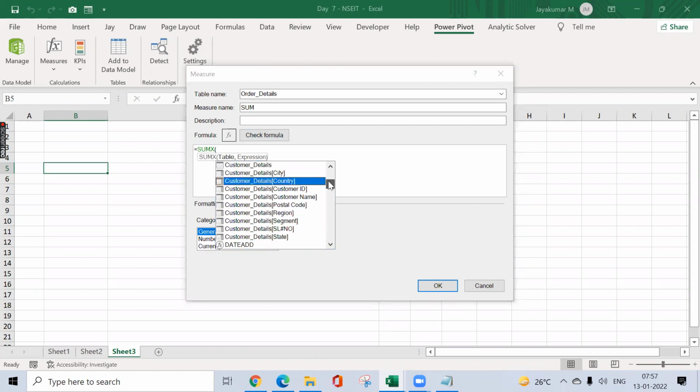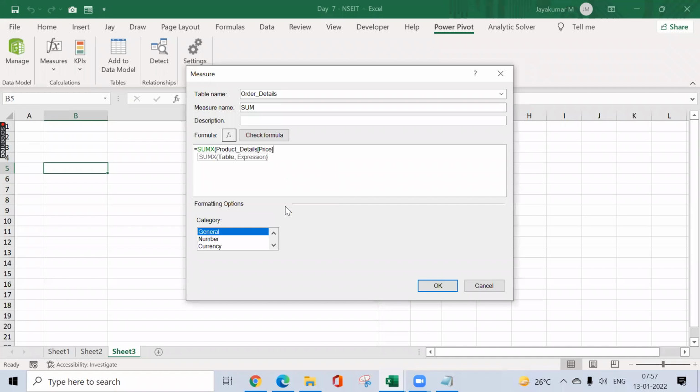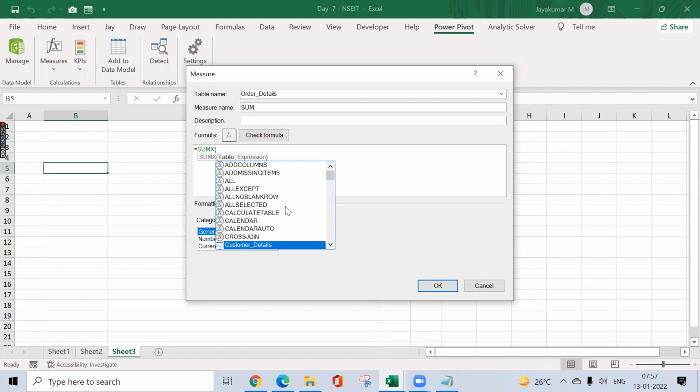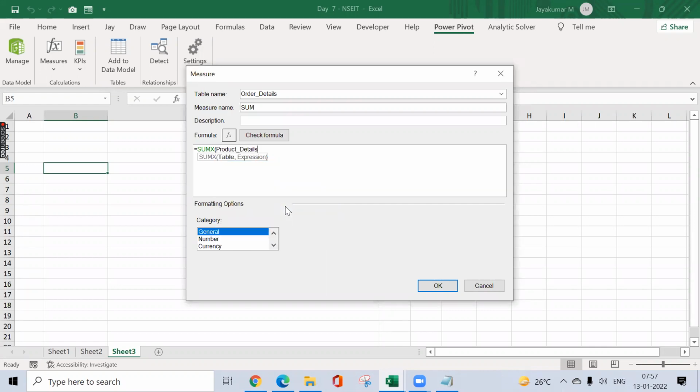Customer detail, and then I'll go with product detail. So product detail with price column is there. So price, that is a product table you want to add. So the table name you want added. Customer detail is there, and likewise we have order details and then product details. So I want to select the table name at first, product details, and then what you want to multiply. So I want to multiply the price